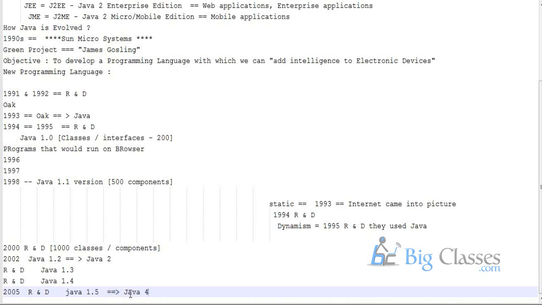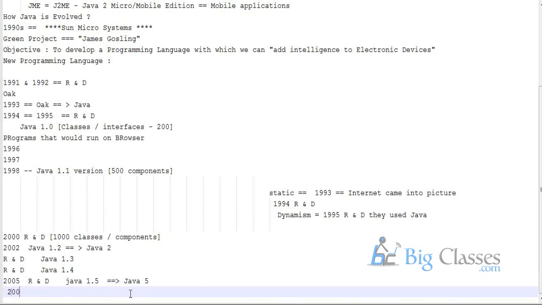So they considered the .5 into account and named it Java 5. Again the research and development went. Around 2007, Java 1.6 was launched. The same 1.6 version is known as Java 6.